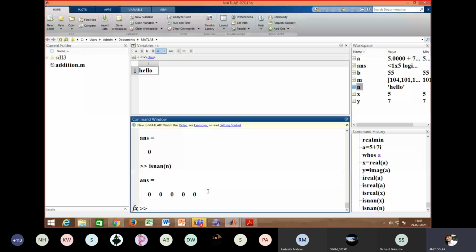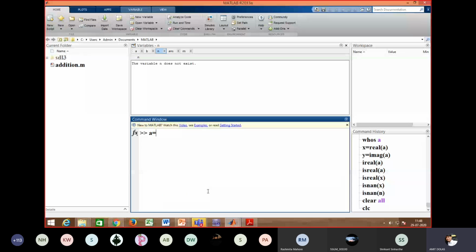I'll clear it all first. Say a is equal to any character, say m. Now m is stored, and I will say isnan in brackets a. It shows false.